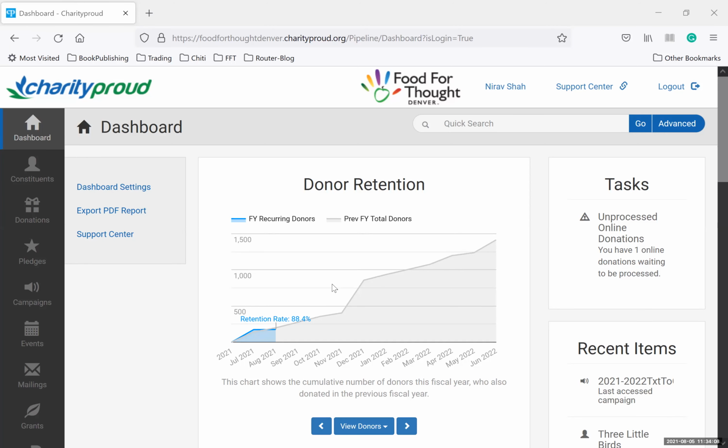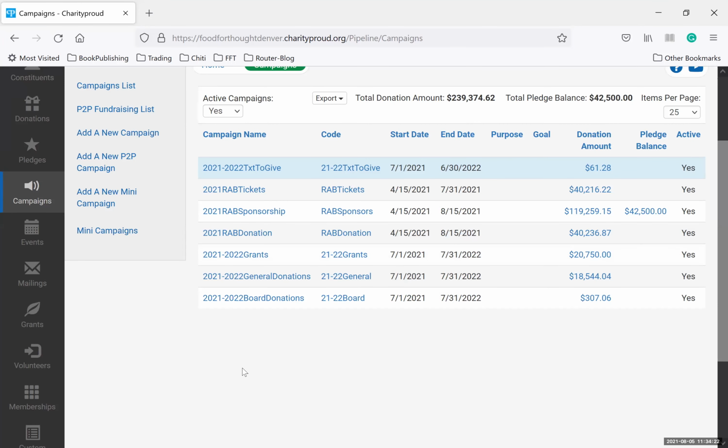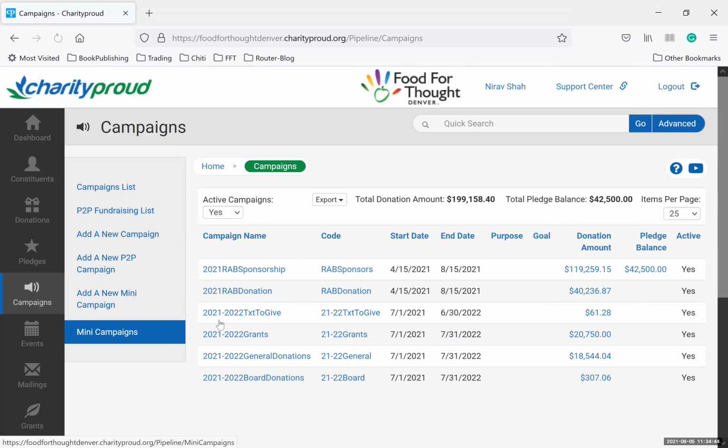So first thing we're going to do is to make sure that we manage these Charity Proud campaigns for all our donors. So go to campaigns and you will see all the active campaigns here. Two things. Once the campaigns are no longer needed, we need to make them inactive. For example, this is the RAB tickets campaign for 2021. We stopped selling tickets a long time ago. So we're going to make this campaign inactive. So uncheck this box which is active, save and close,